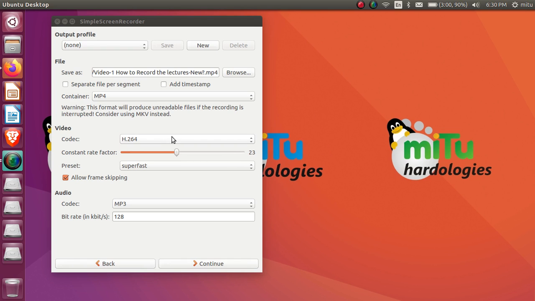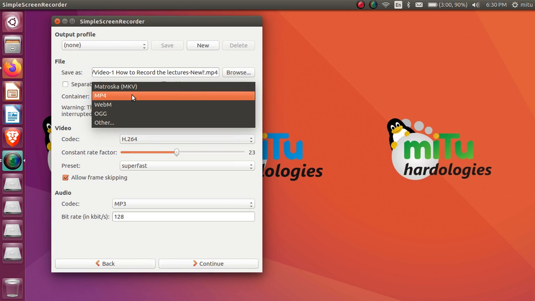Now, what kind of file do you require? Multiple file formats are present here, you can check it out. You might be aware of MKV, MP4 and WebM. OGG is also one of the recorded formats, but most mobiles, most computers and operating systems support the MP4 format by default. That's why I'm choosing MP4. MP4 contains the MP3 audio stream by default. That's why it is compatible with all operating systems, as well as all software and systems.